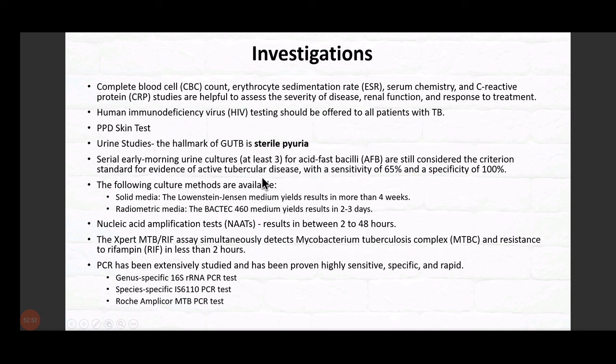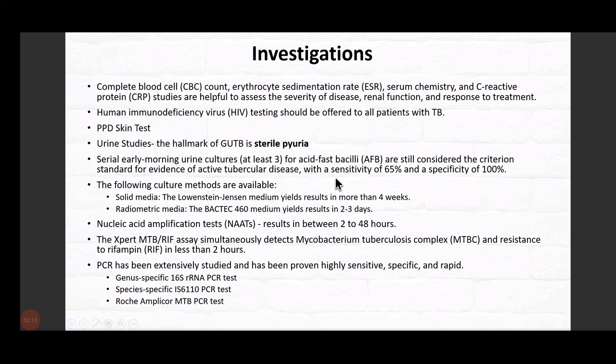This bacilli can be picked up on the classical samples which we send, the early morning urine sample. We send the entire urine sample to the lab, and they centrifuge the urine sample and they look for acid-fast bacilli. But the yield is very low. It has a sensitivity of 65%. Though it is 100% specific, whenever you document acid-fast bacilli, it is always specific,